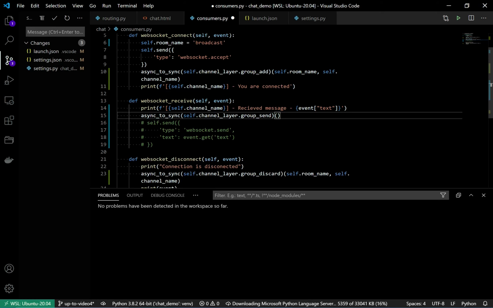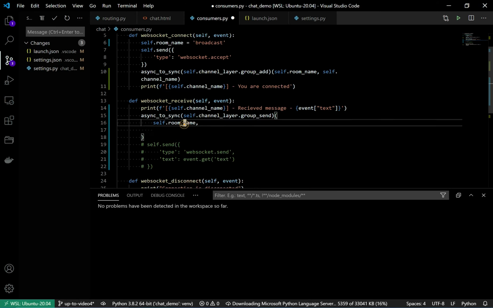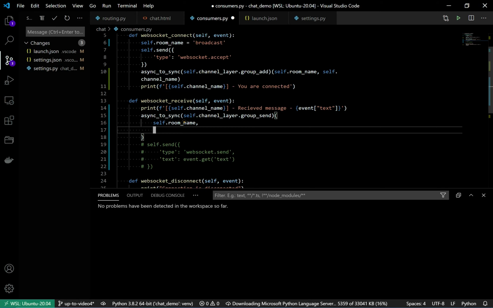The first argument will be self.room_name, the room which we created, broadcast room, right? And the second will be the event. So what we are doing is broadcasting one event to this particular room.